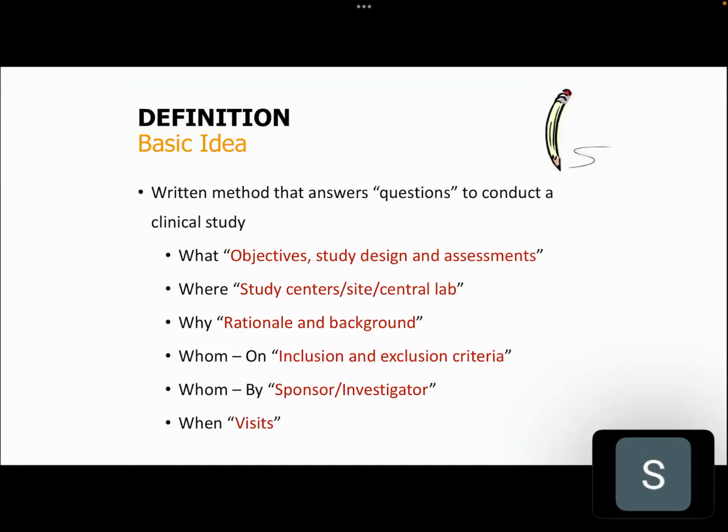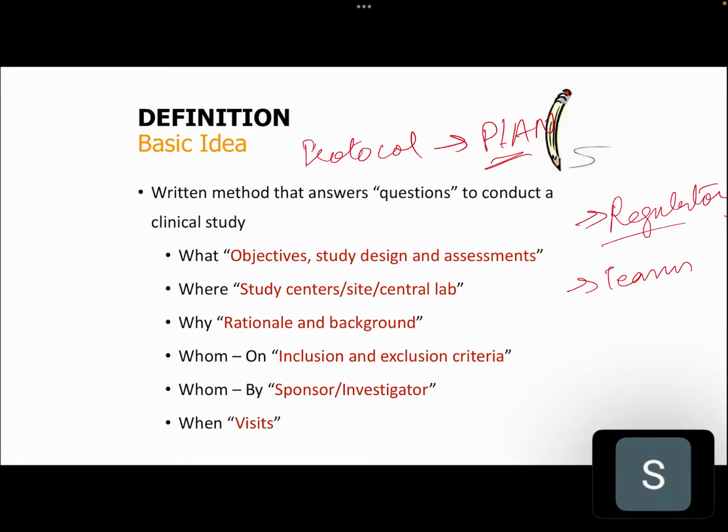This is important and easier for your interviews, where you want to shine quickly; you can remember this. Now, what is a protocol? In general terms, it is a plan. That's it. But a solid plan, a plan which we can show to a regulatory body. This is a written plan. The only difference between this plan and a general plan is that we can't change it again and again without permission.